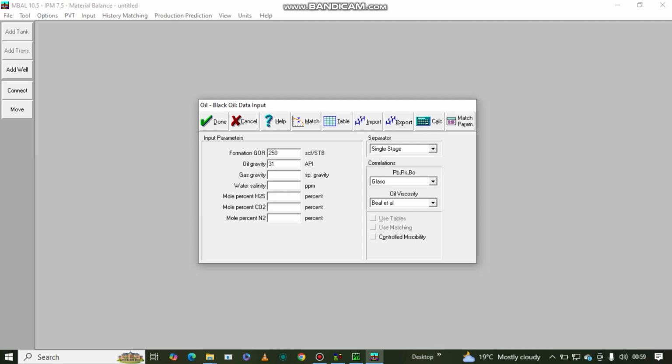So the gas gravity perhaps is 0. So you have to be keen with the units that you're using with the oil gravity. So we are using API. So I've chosen an API of 31, depending on the scale of oil that you're having. Then we look at the gas gravity, and I'm going to use the gas gravity of 0. Since this one is in SP gravity, I'm going to use 0.78,